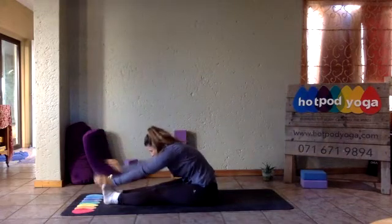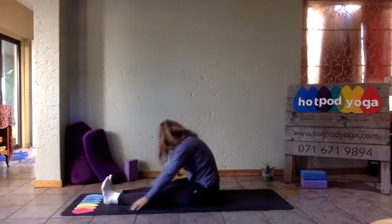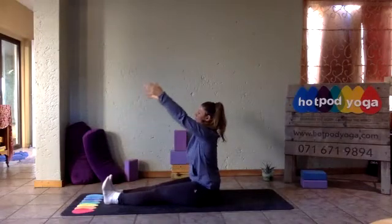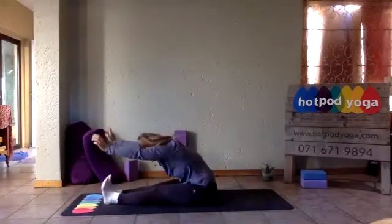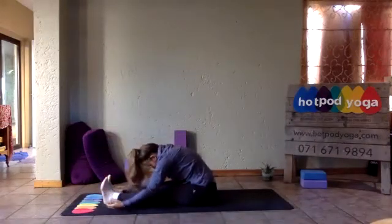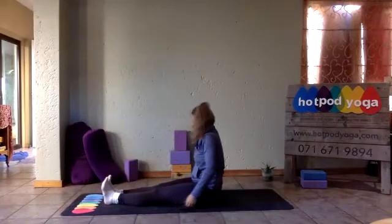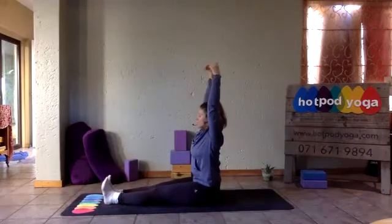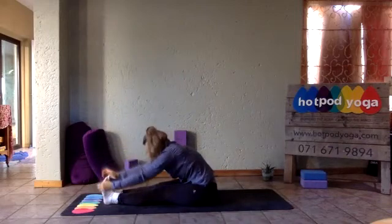Take your chin to your chest, release your hands down to the ground, and slowly rolling back up again. Reach your arms out in front of you, lift them up, breathing in. Breathe out, fold forward, chin to chest, hands down, shoulders and arms drop. Slowly rolling back up again. One more time, breathing in. Lifting your arms, keeping your arms nice and soft, and as you breathe out, folding forward, chin to chest, and